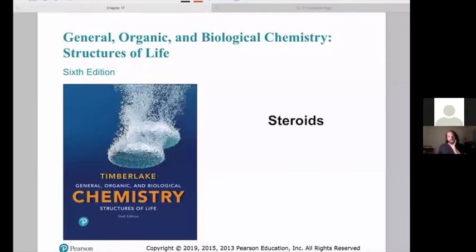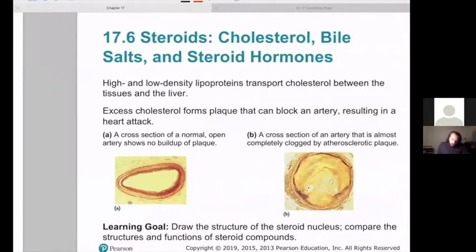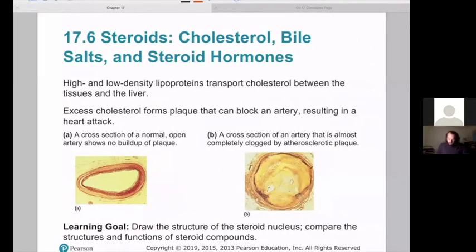All right, so the last of our lipids that we're going to talk about are the steroids, which are not fatty acid based, right? So we spent a ton of time talking about fatty acids and then all the different lipids that are fatty acid based. Now we're going to talk about steroids, which is the only lipid that isn't fatty acid based. The most famous one being cholesterol, and we'll talk about why it's both essential and